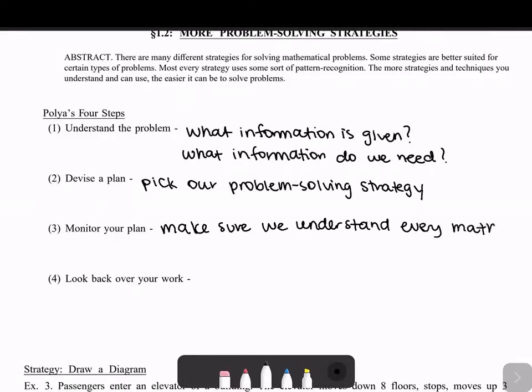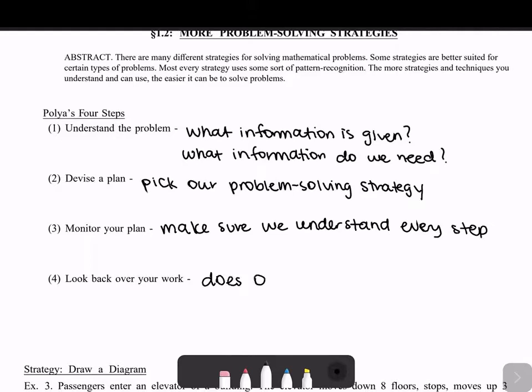Every step we take has a reason. Make sure you understand why you're doing what you're doing, because there's always a reason to it, or at least there should be. And finally, once we're done solving the problem, we look back over our work and we ask,